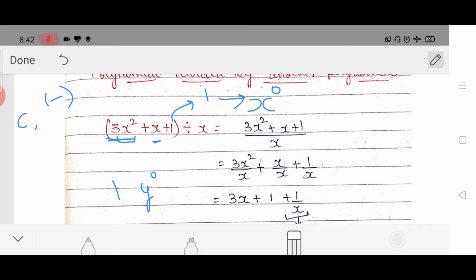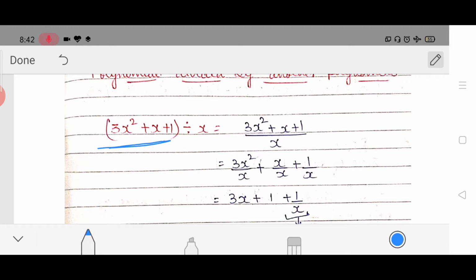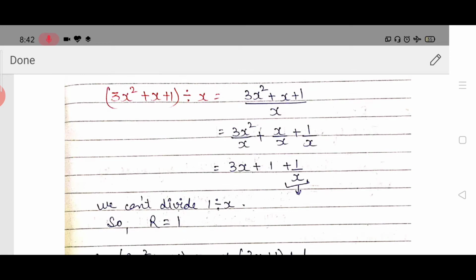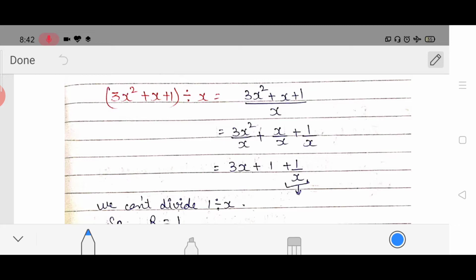Okay, so now we have been given a polynomial which we have to divide by x. As you can see, this polynomial is of degree 2, and how many terms does it contain? 1, 2 and 3. But the divisor is just a single term polynomial with degree 1, so we have to divide it. This is a very simple division method, because we have been given just a single term of divisor. So what we can write this term as, we can write 3x square plus 1 divided by x.